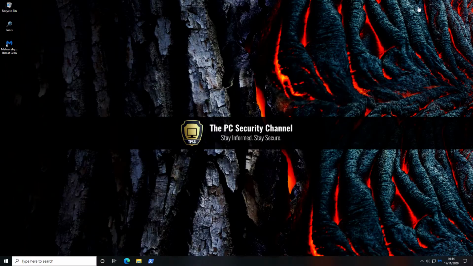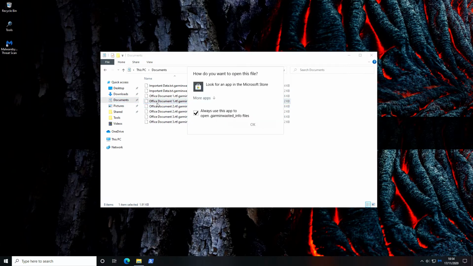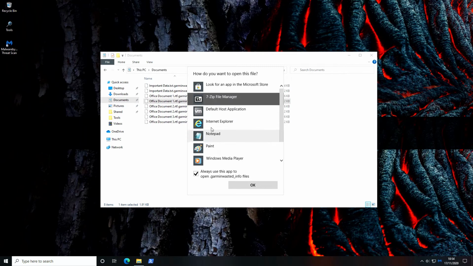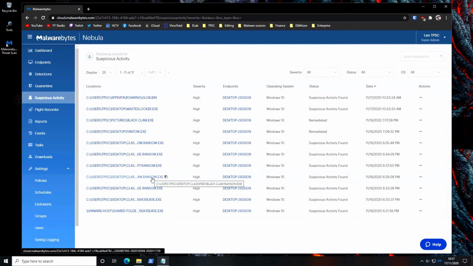And now back to our system. As you can see, our data is already encrypted with the extension Garmin Wasted, and we've also got a ransom note here in the info file. If we go ahead and open that with Notepad, you'll be able to see that it says our files are encrypted now. As we return to our web console, as you can see, we've got two new notifications under suspicious